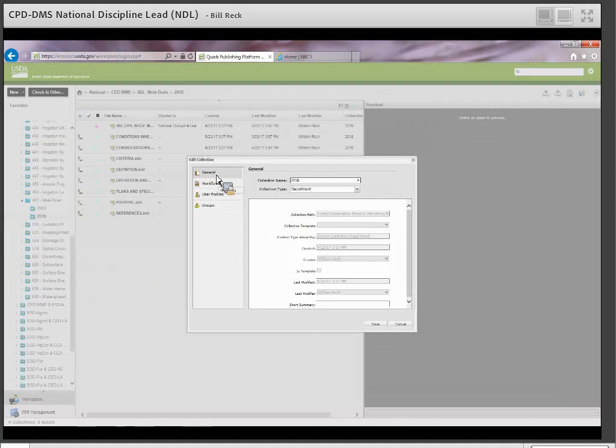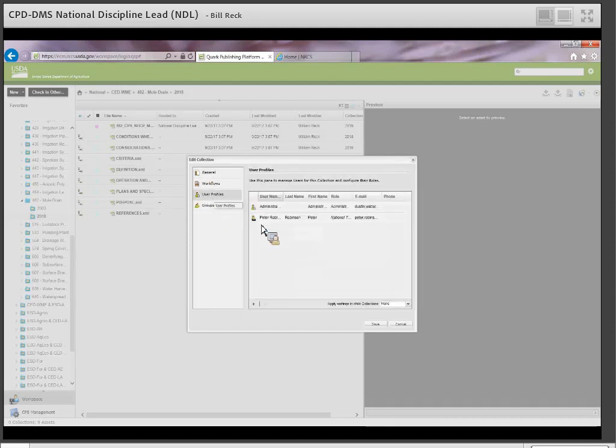On the left here you see a list of several things. What we want to do is user profiles, and we want to add Peter Robinson. You'll notice Peter's already been added. I was in this mold drain earlier and I have already added Peter to the parent directory, so he's in there. But if I wanted to add somebody else, I could click on this Add Users